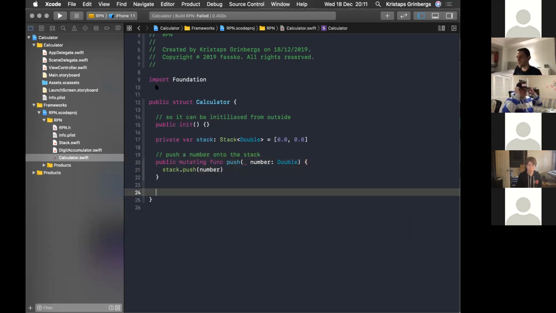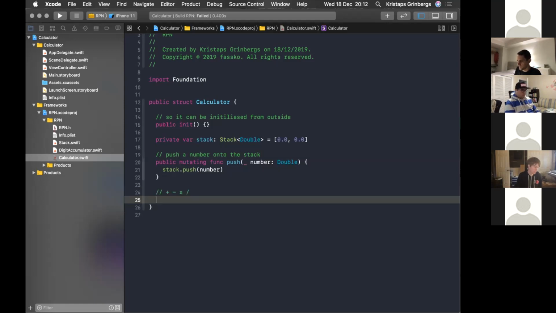And now we want to, in quotes, push operator. So basically operators are add, subtract, multiply, and divide. So public mutating func, because we want to change our calculator. Push, and what do we want here? What will be the thing? So we want our